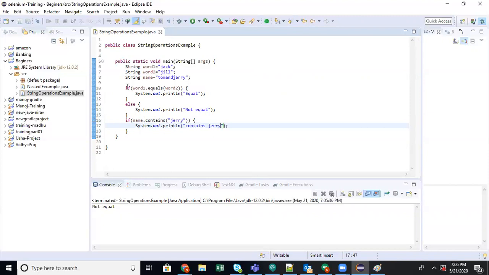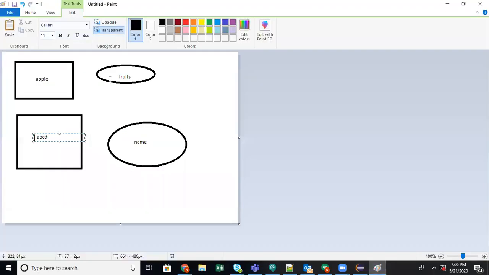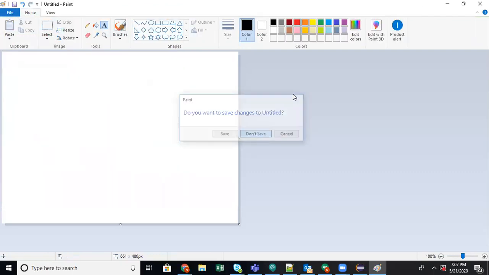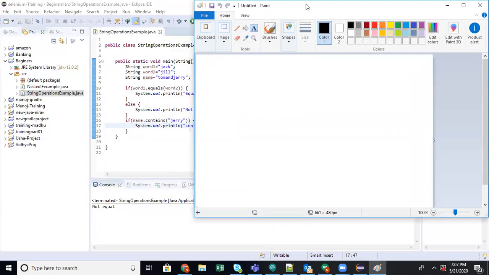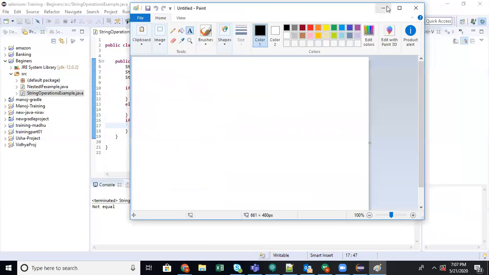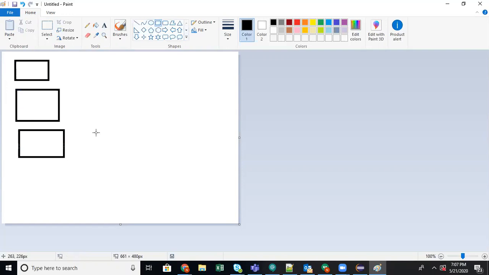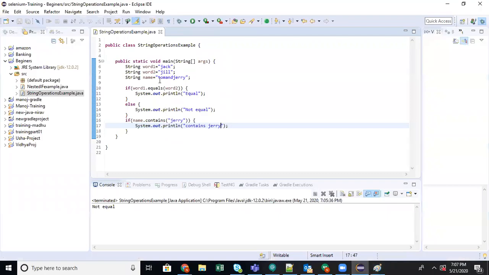So now let's see how the control works. Let's open Paint again to show the variables. This chart is only to make us flexible. So two, three variables are created for strings. Since it is a string, we are using equals.